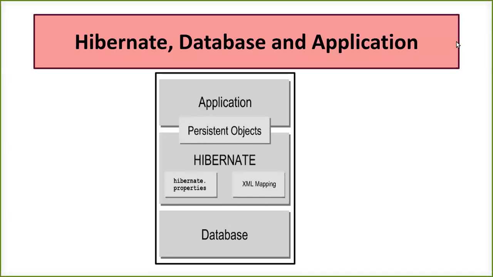Okay, so in the application I am going to have an object, and I'm considering that the objects are going to be the persistent objects. Now in Hibernate, what all things am I going to have? I'm going to have a mapping tool, or you can say the configuration files. Configuration files can be your .xml file, or it can be a .properties file. In all the other technologies you had only an .xml file, but in Hibernate you have an option to have a .properties file or an .xml file. Both are going to be the configuration file for your Hibernate.